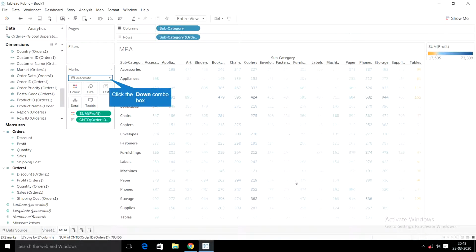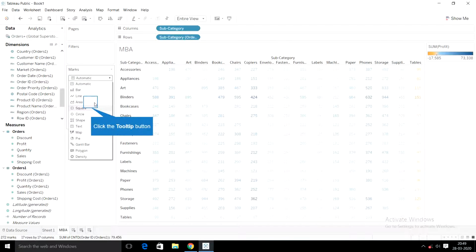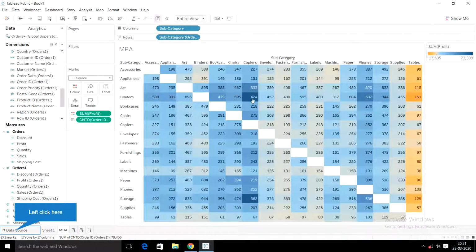The moment we do that, colors will be applied, but still we are not able to get a clear visual effect. So to get a clear visualization, we go to this automatic area and select squares. Once you do that, you will get a clear visualization of the combinations of products that are being purchased frequently.